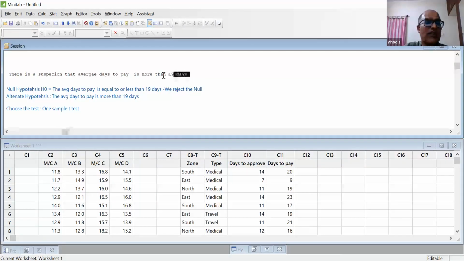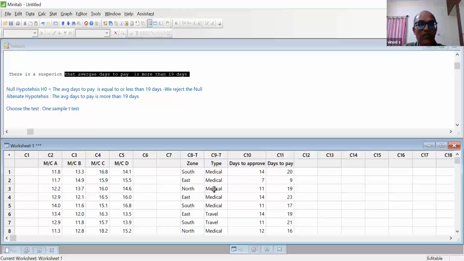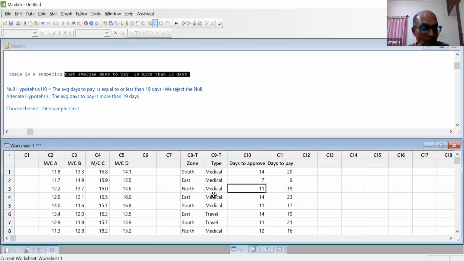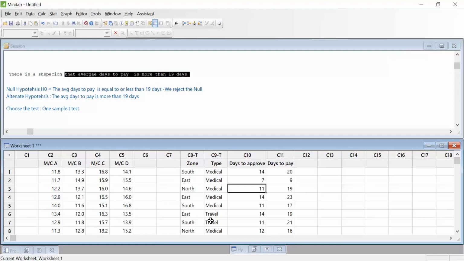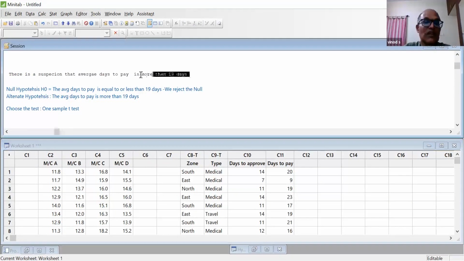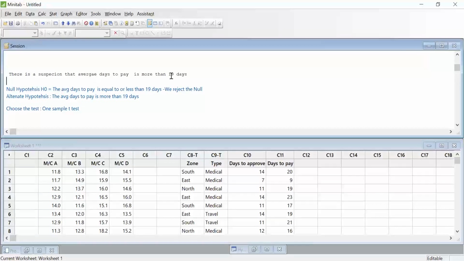First we have to write the suspicion statement. There is a suspicion that you can see there are two kinds of bills: medical and travel. There is a suspicion that the medical and travel bills are not equal. The average days to pay medical and the average days to pay travel are not equal. That is their suspicion. So the suspicion statement will be the average days to pay medical